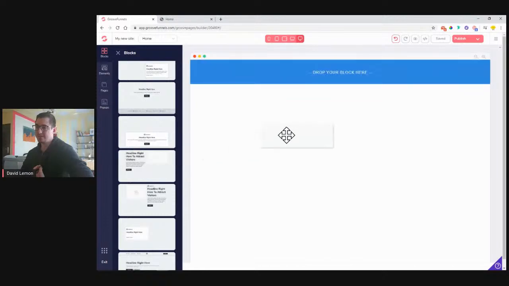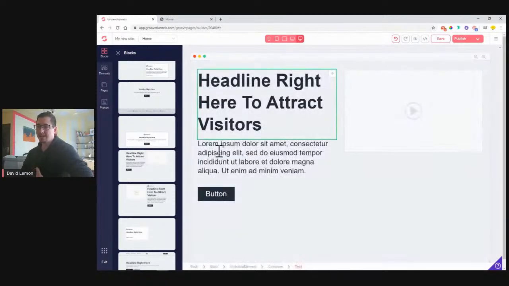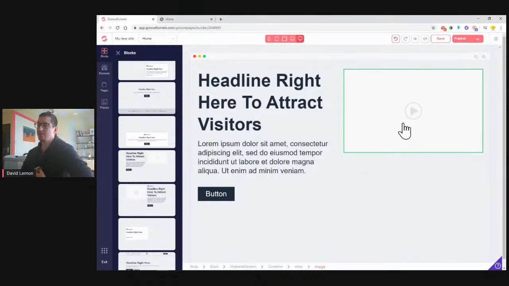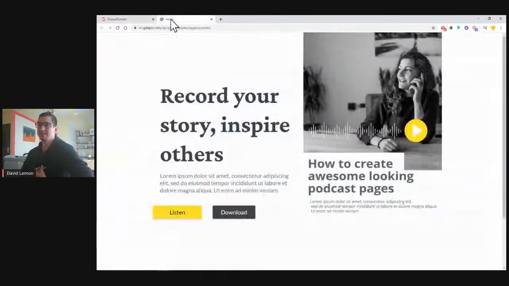So I use this one, that we have a headline, sub-headline, a button here, and then just an image on this side. You can see this is the same thing. Headline, sub-headline, a button. We will duplicate it to have two buttons next to each other,